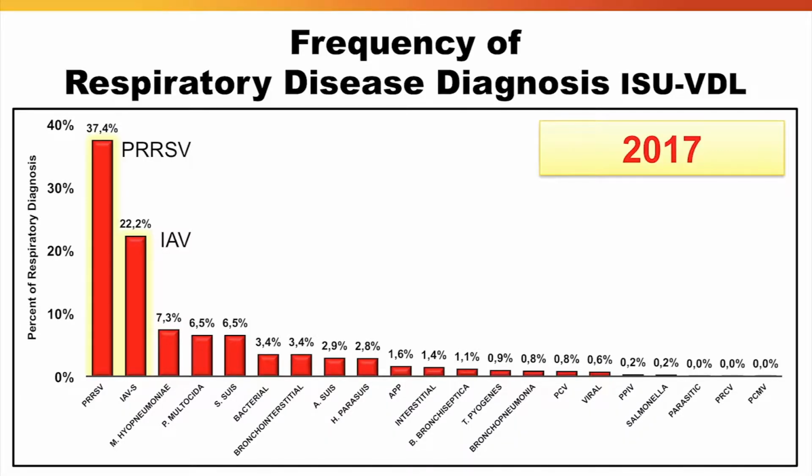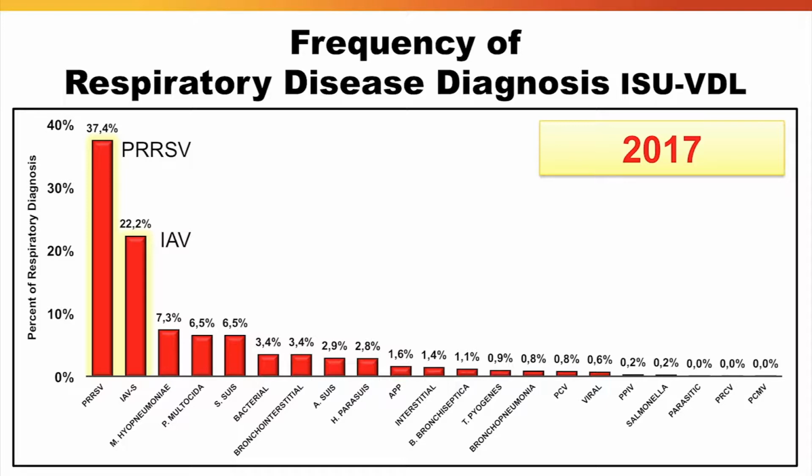And as you can see here, PRRS and influenza are at least one of the top 2 or top 3 health challenges within each of those different production phases. So certainly supporting the severity that we can see with those two pathogens being involved within respiratory disease. Coming from the Iowa State Diagnostic Lab, it's always interesting then to take a look at our diagnostic cases